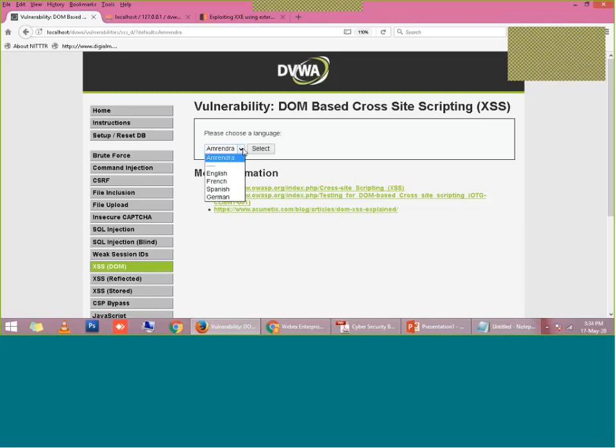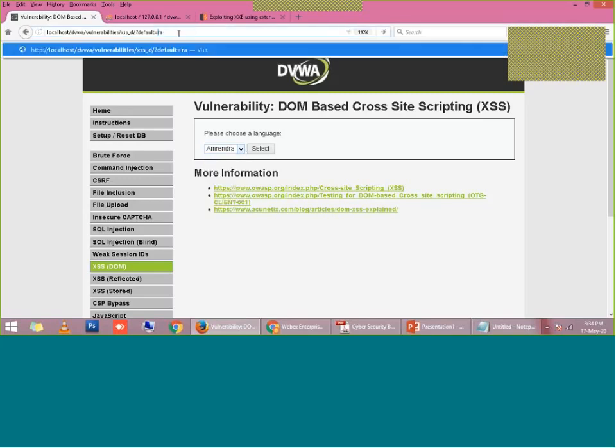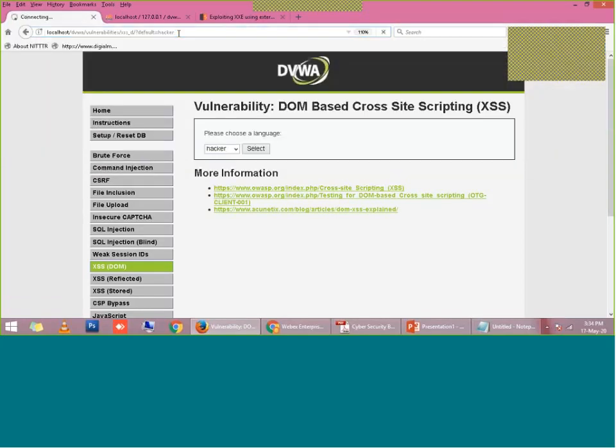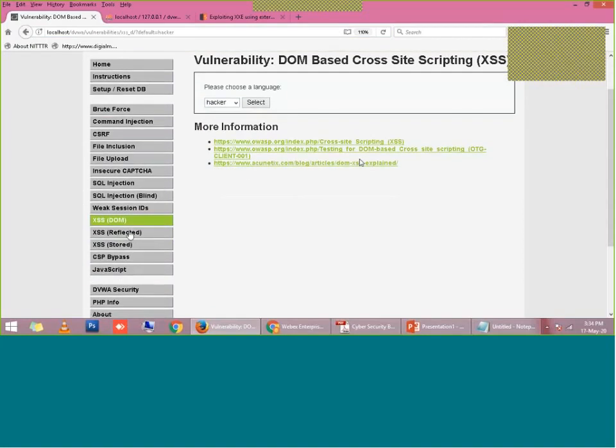Suppose there is a language database where we are capturing and storing this value. So a hacker will be able to input anything, a new entry called hacker in the dropdown. So this is a very simple DOM-based attack, not so dangerous.